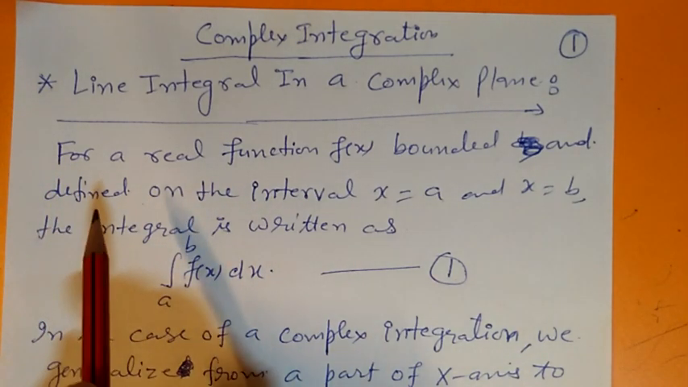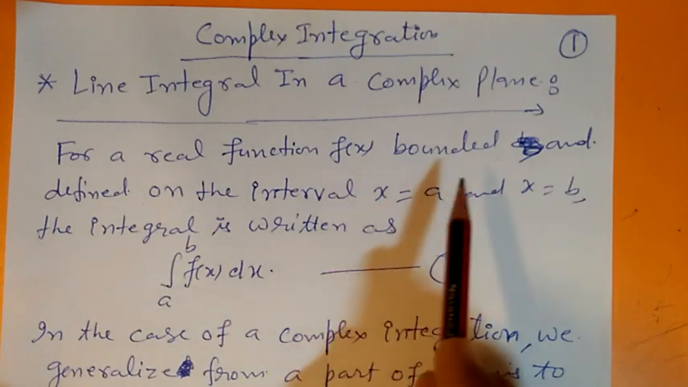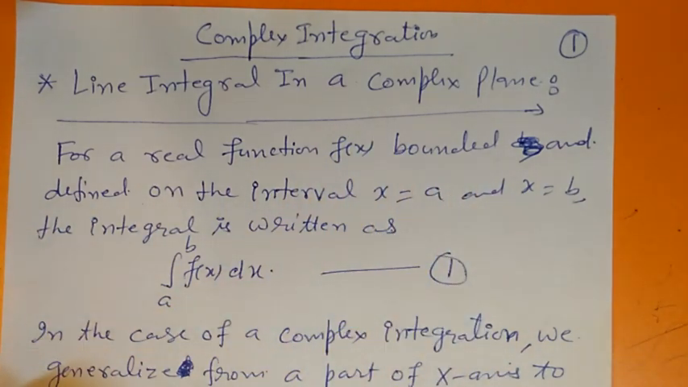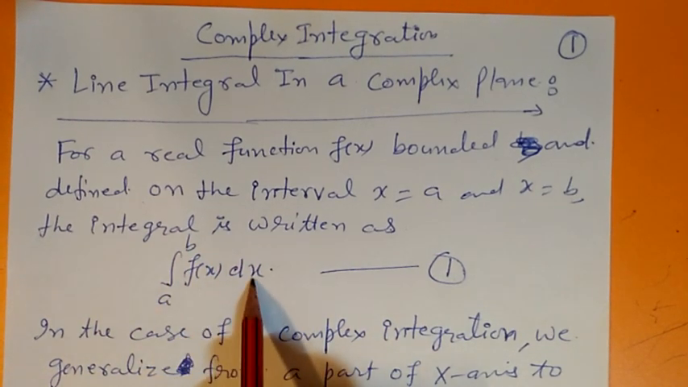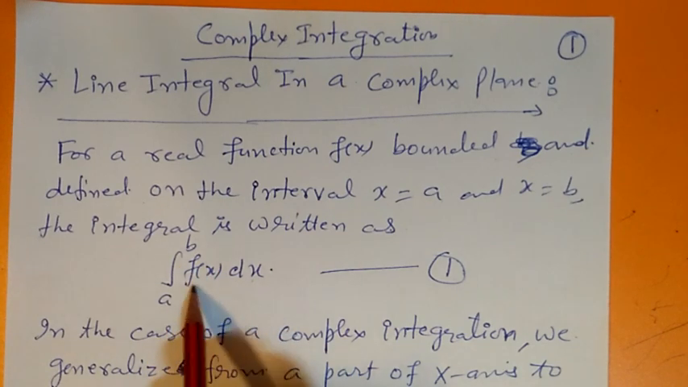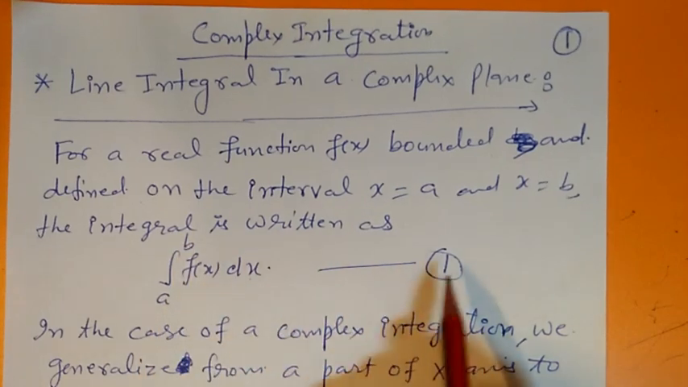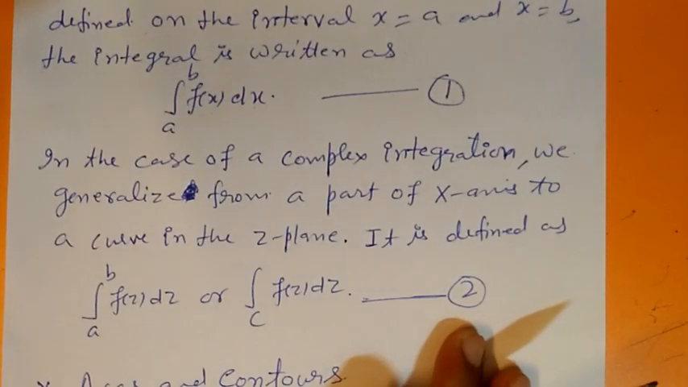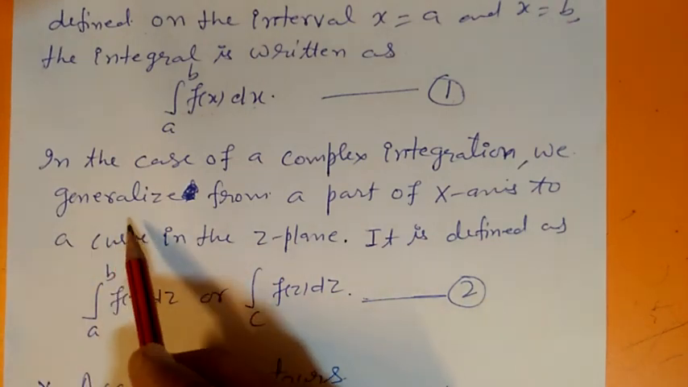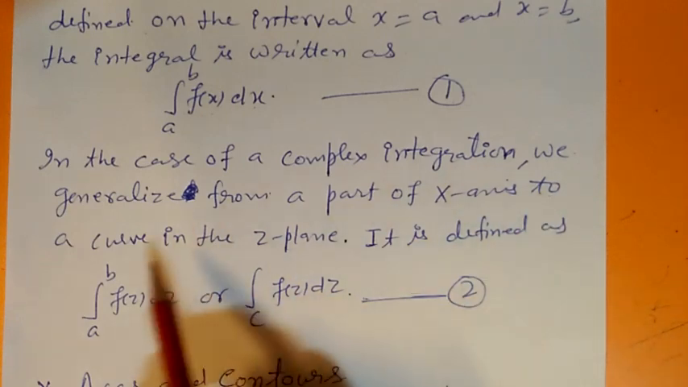So for the real valued function f(x), which is bounded and defined on an interval [a, b], the integral is written as integral from a to b of f(x) dx. Here f(x) is the integrand function, a is the lower limit, b is the upper limit. Equation 1. In case of a complex integration, we generalize from a part of the x-axis to a curve in